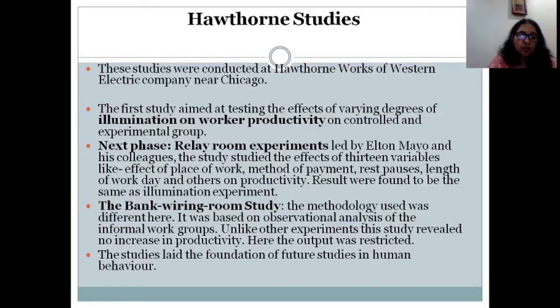The control group had no such experimental changes. That means the intensity of the light was kept constant. And the group output increased by the same amount as the test group. So, in the later phases, the output of the test group increased, and the amount it increased was equivalent to the amount that increased in the control group, where no such experimental changes were made.